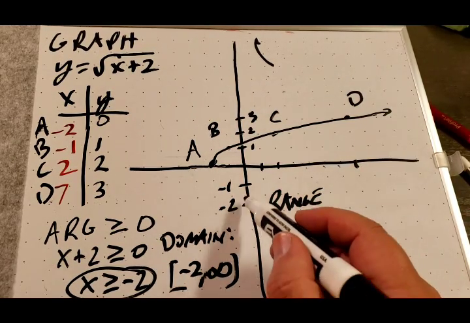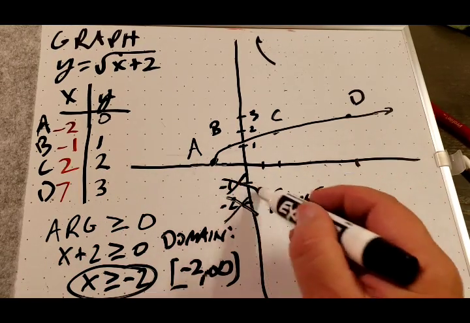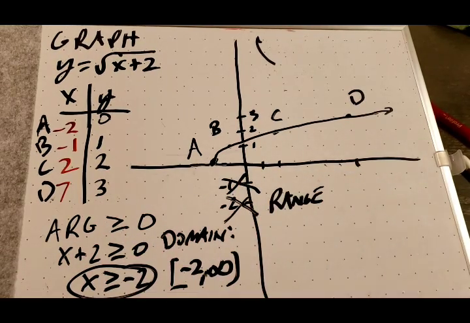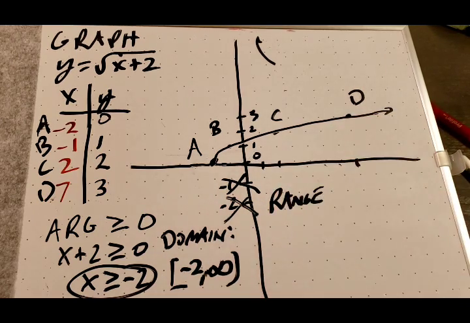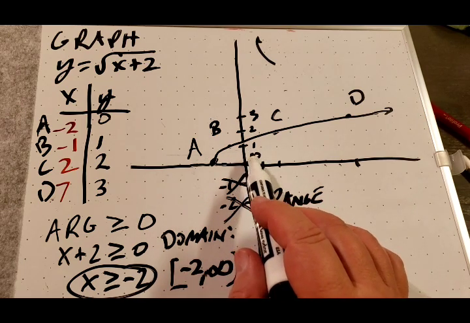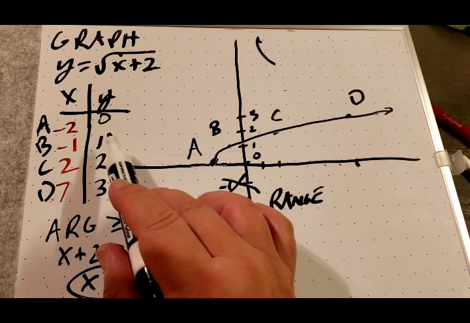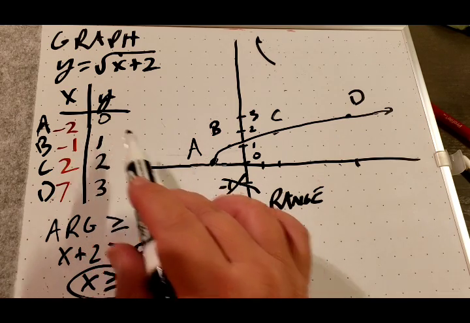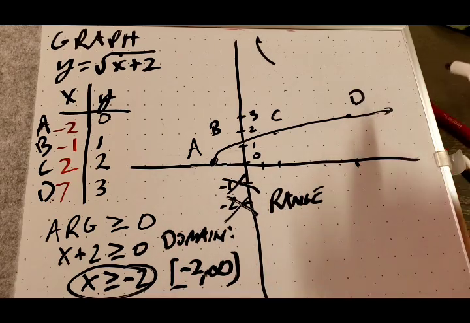Do you understand that I don't really need to mark the -2 because there's no graph there, or the -1 because there's no graph there? Where would I mark the y-axis if I had to mark the graph just where the graph exists? Well, it would be right here at 0, right? Because there is a point where y equals 0. I mean, I have it up here, -2, comma 0, right? So 0 is the